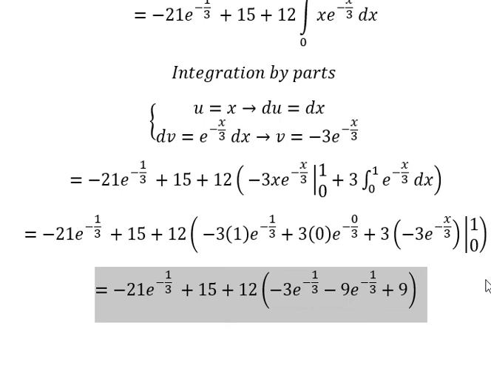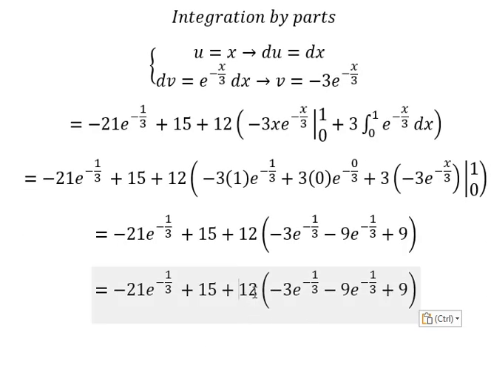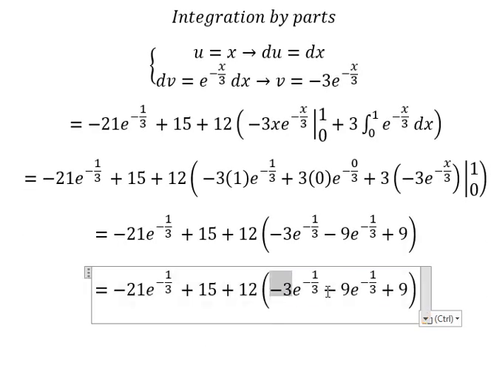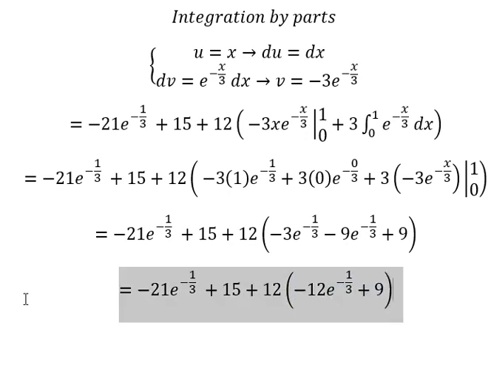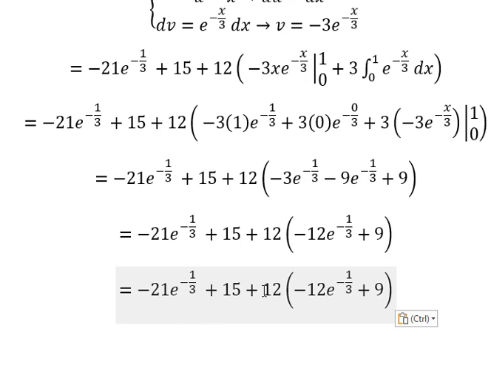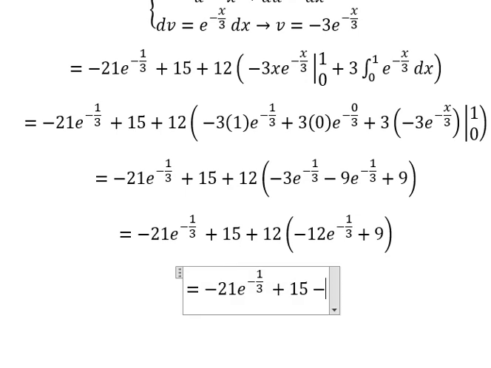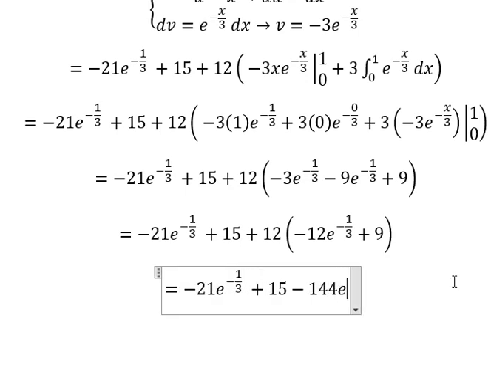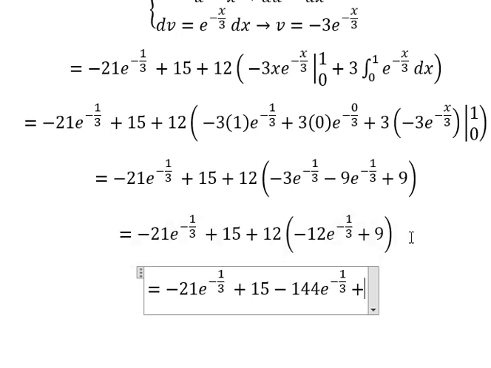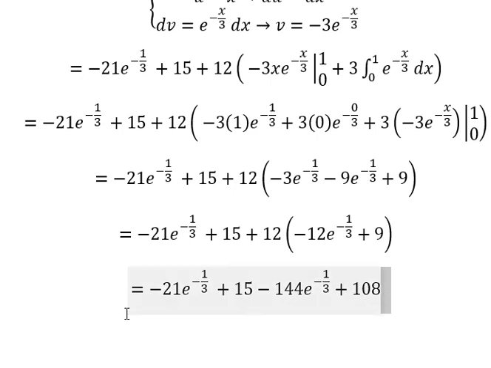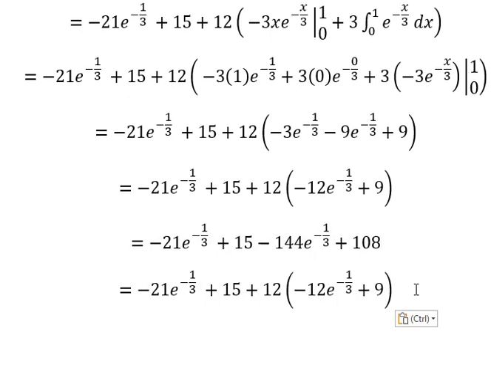Next, 12 multiplied by this one and this one. So this one we have negative 12. So this one we have negative 144 e to the power of negative 1 over 3. And 12 and 9 we have 108. So if we simplify this one,